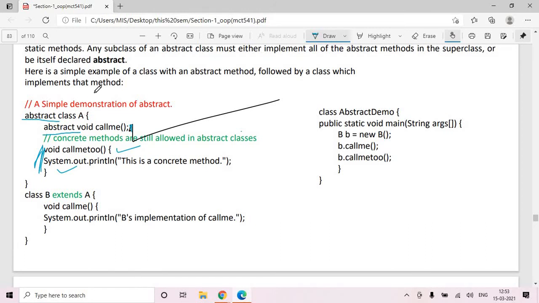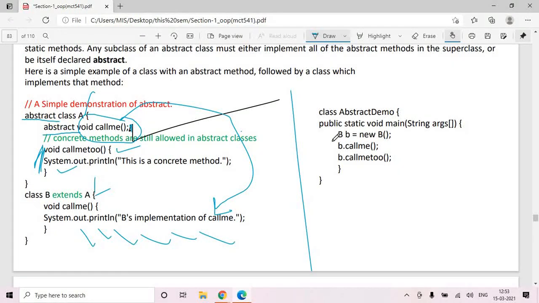How to use this abstract class? You have to inherit it. After inheritance, you can write whatever methods you want in the derived class, as per your program logic. But it is compulsory for the programmer to override all the abstract methods which are written in the base class. And then when you create an object of class B, it will simply work.